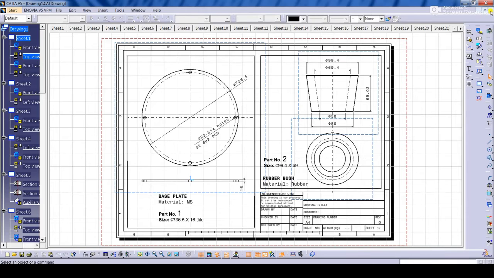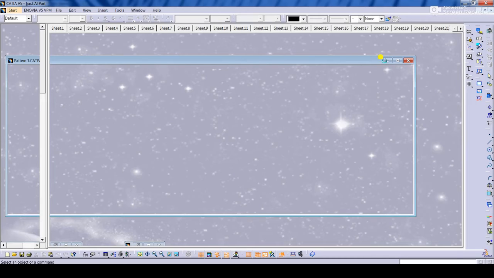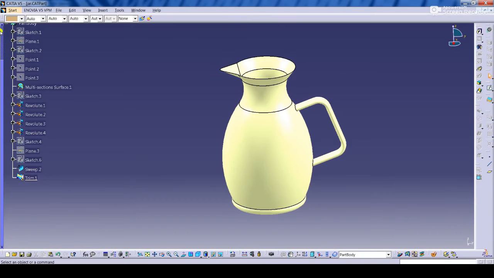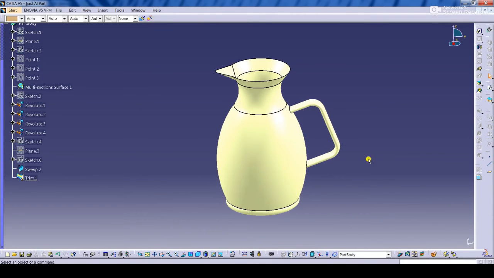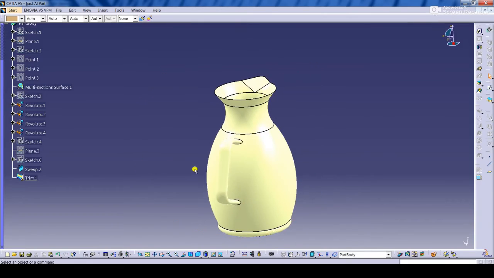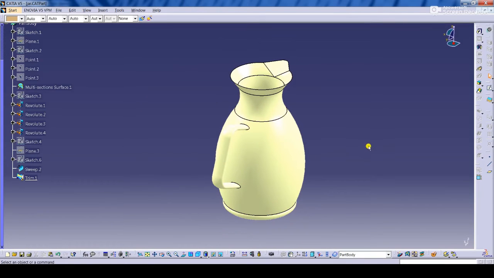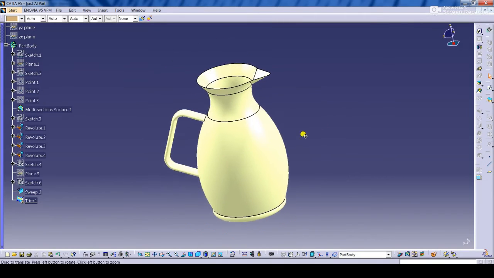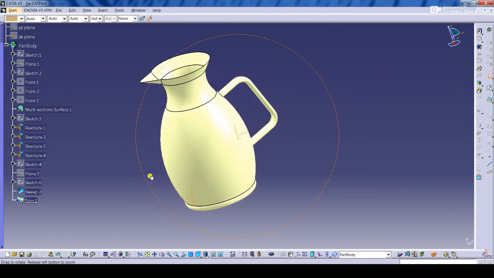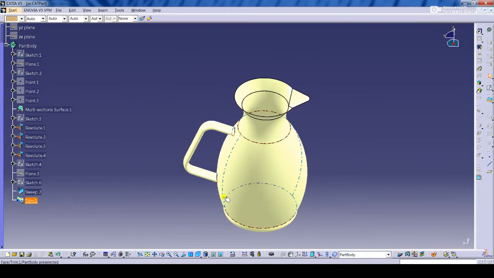Next I will show you Surface and Wireframe Design. Okay, this is a part modeled in Surface and Wireframe Design. This is a jar which is modeled. You can also give different aesthetic looks to it. You can change the material, and you can change the color and look of the part.